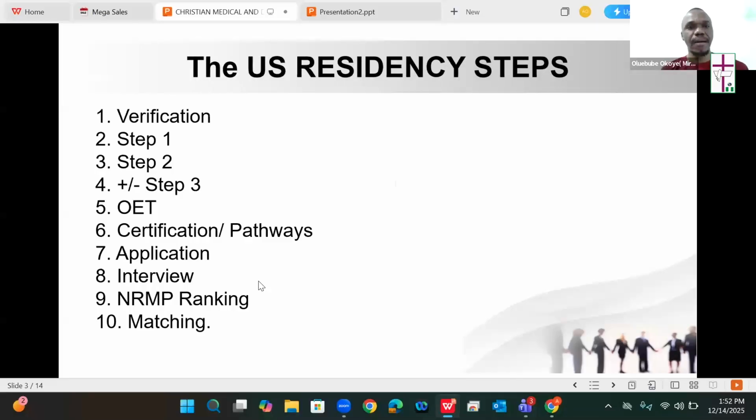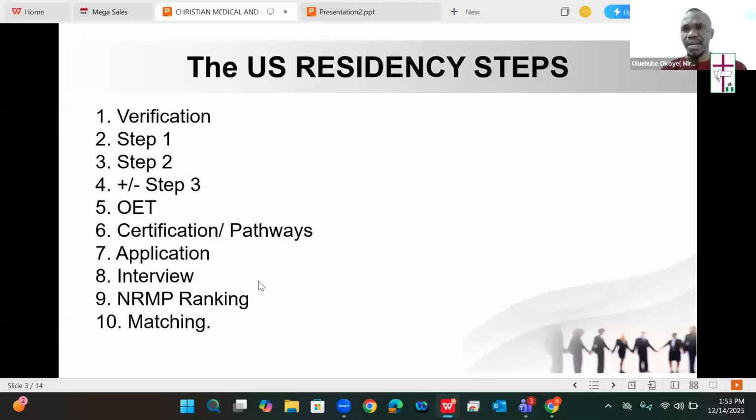First of all, you have to do your verification. I just have to break it down. Then I will just talk about some of them one after the other. For US residency, you first of all need to do your verification, and then you do your step 1, your step 2, then you do your plus or minus your step 3. All right. Then OET, the certification pathways, you apply for residency, you go for interview, you do your ranking, then